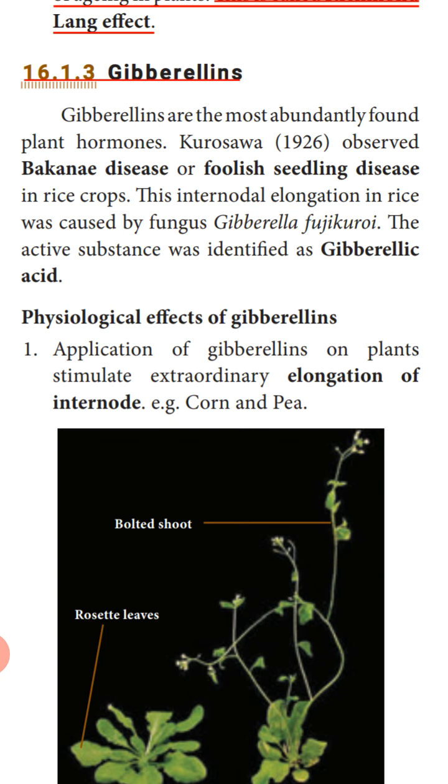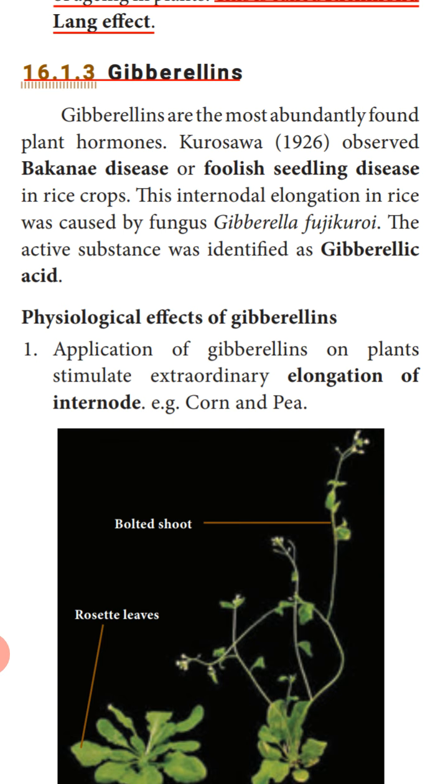They are auxins, cytokinins, gibberellins, abscisic acid, and ethylene. Among these, we studied auxins, cytokinins, and gibberellins. They are growth promoters, whereas abscisic acid and ethylene are growth inhibitors. Growth promoters means they help in the growth of the plant, and inhibitors means those which stop the growth of